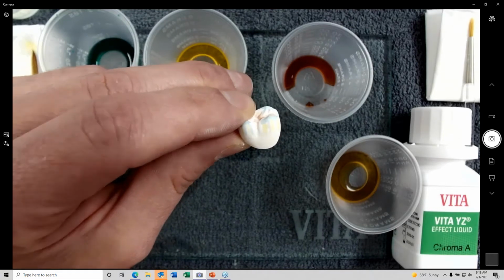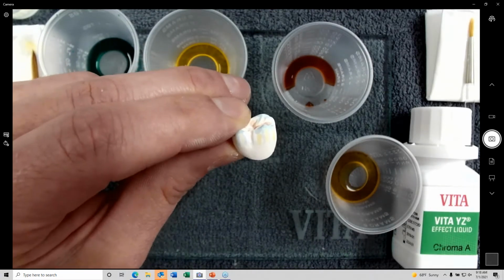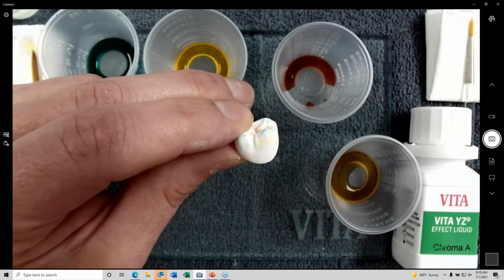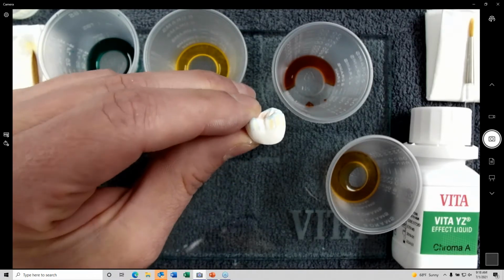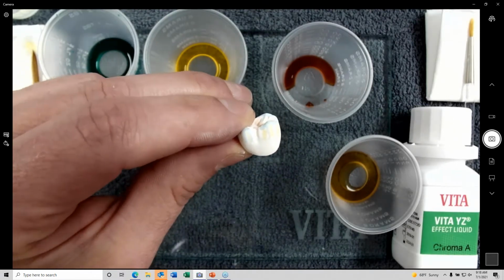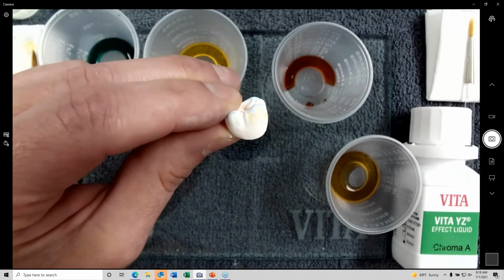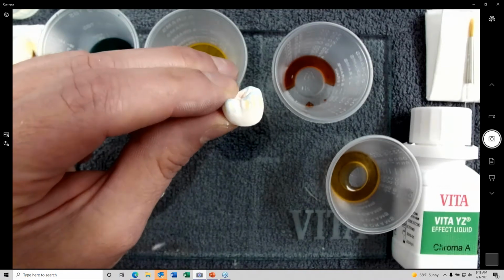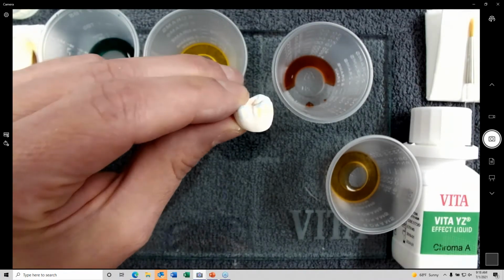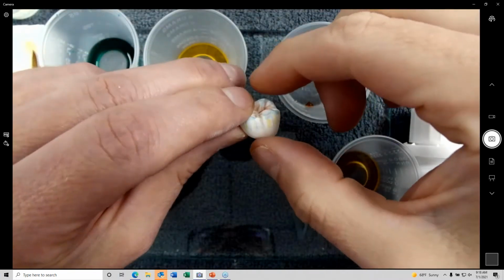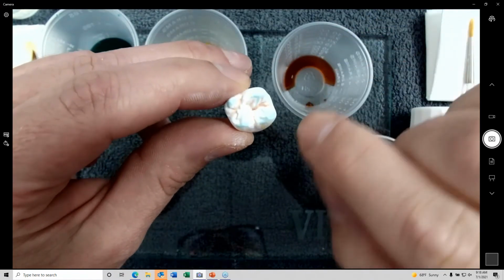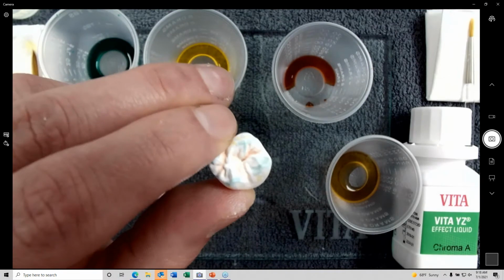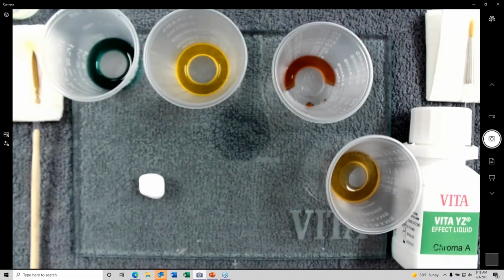Does the drying time decrease for pre-shaded zirconia that has stain characterization? Depends on how much stain characterization you add. Definitely if you're dip staining it, it's going to be much more saturated and take a much longer time to dry. If you're doing something very simple like I am and brushing just some very subtle effects on there, then yeah, it's going to dry a little bit quicker. The difference in drying time,